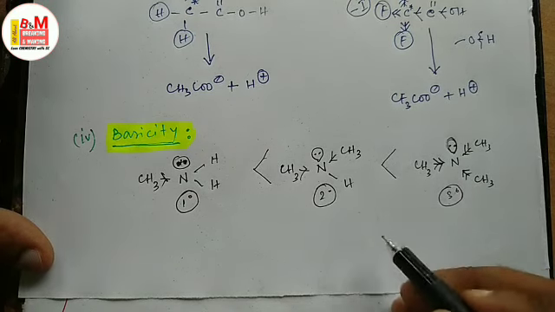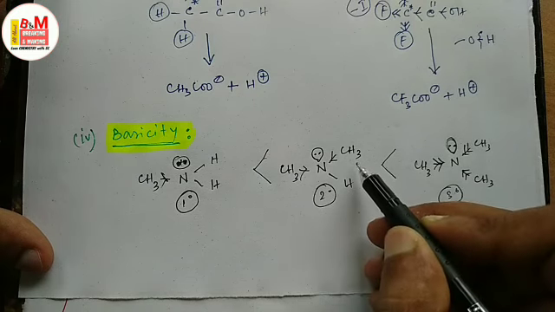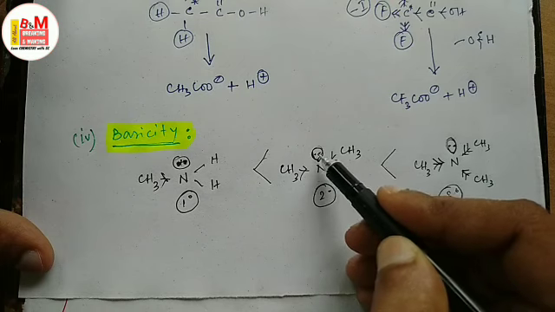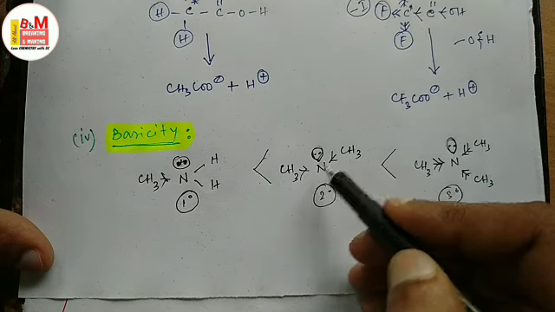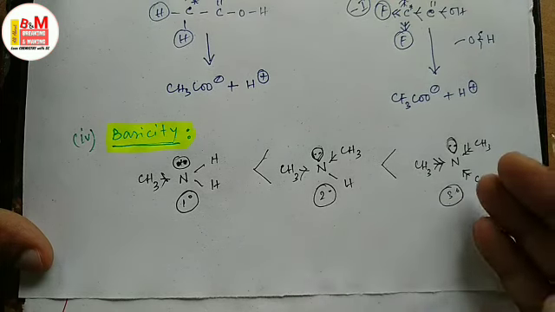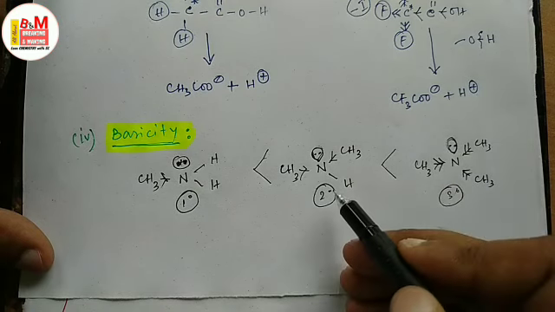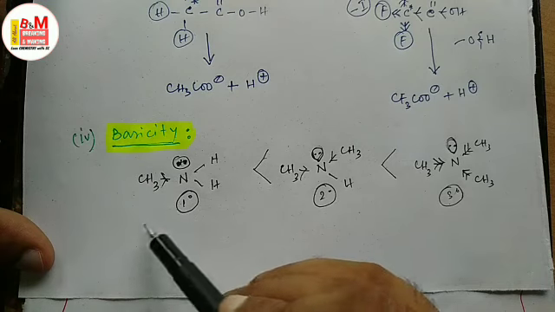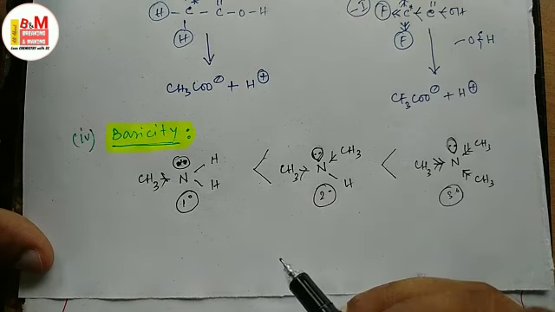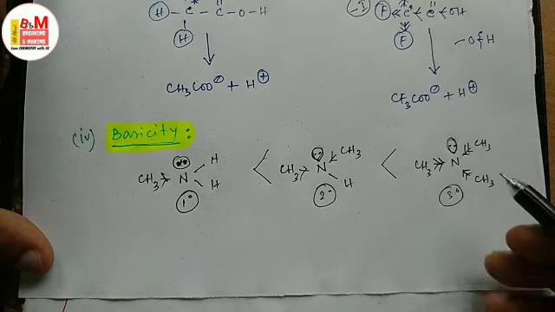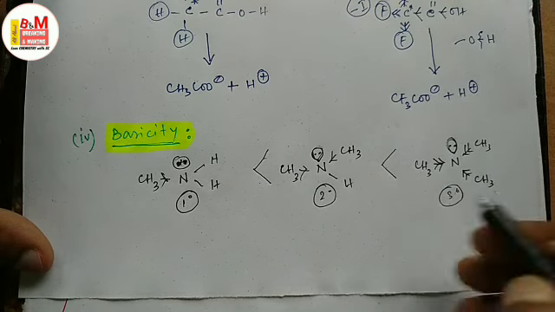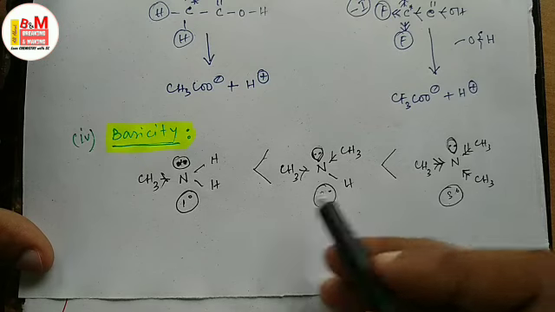Here the number of electron donating alkyl groups is 2, thus the electron density over this nitrogen atom or the lone pair availability of this nitrogen is less than that of 3 degree but more than that of 1 degree, where only one methyl group is present. So that's why this 3 degree amine is a much stronger Lewis base than that of 2 degree amine, followed by 1 degree amine.